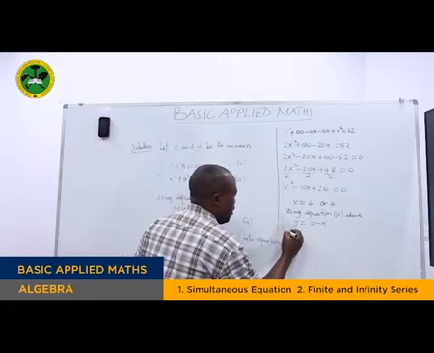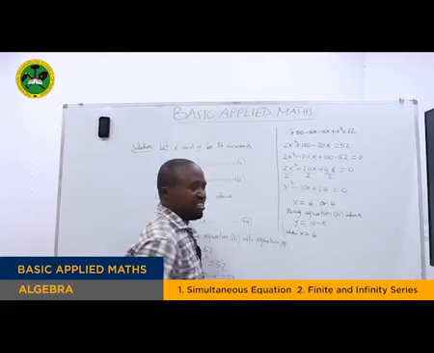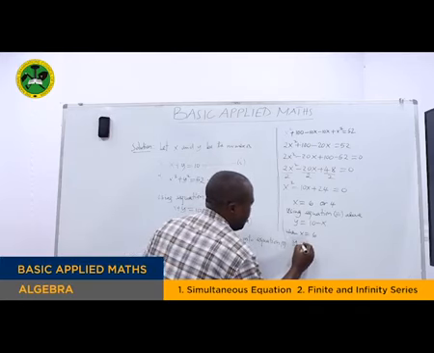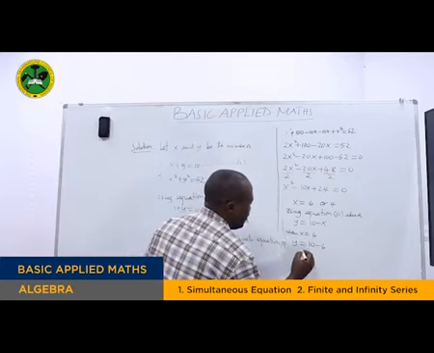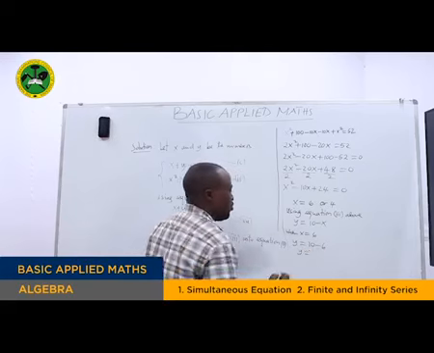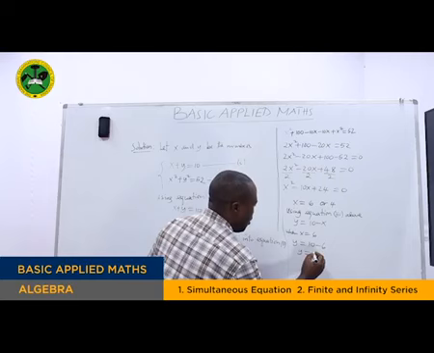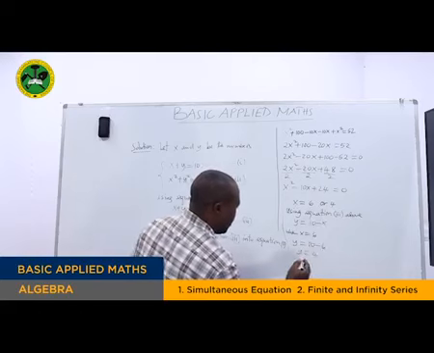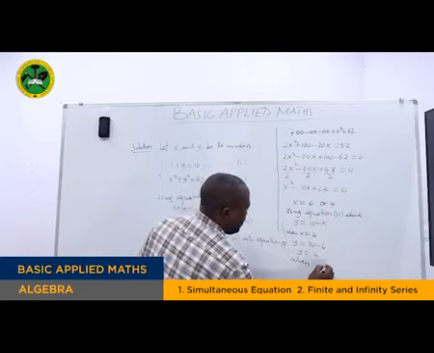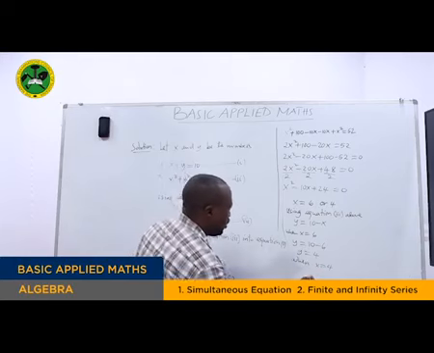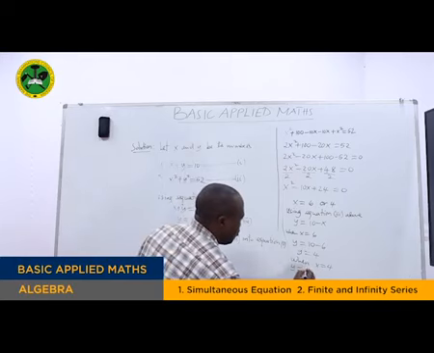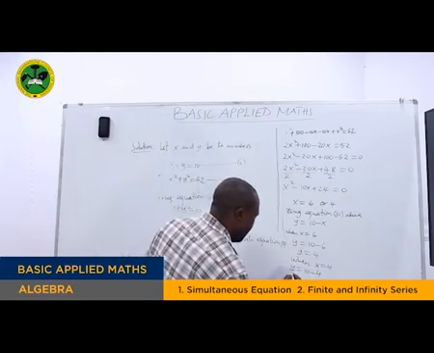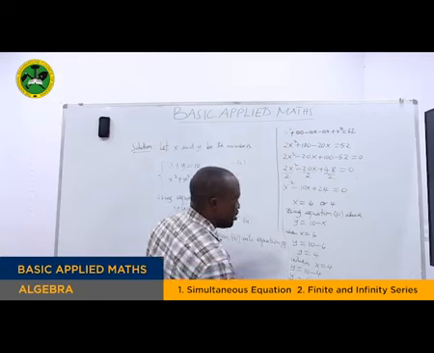Now, that is when x is equal to 6, we are going to get the first value of y. That is, y is equal to 10 minus 6. So, y will be equal to, that is 10 minus 6. Here we are going to have 4. And again, when x is equal to 4, so we use the same equation, that is y is equal to 10 minus 4. That is 10 minus 4. So y will be equal to 6.